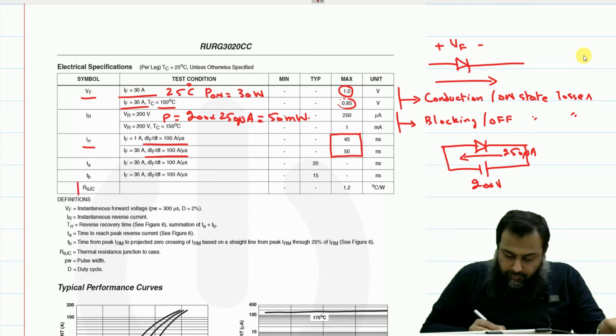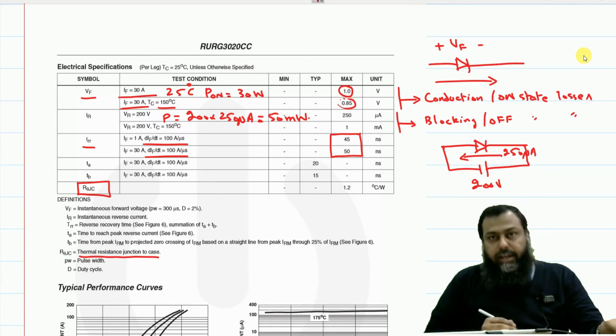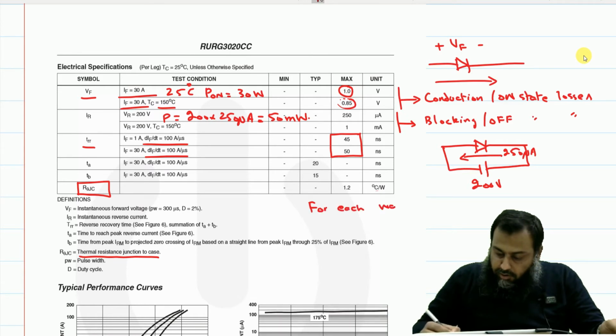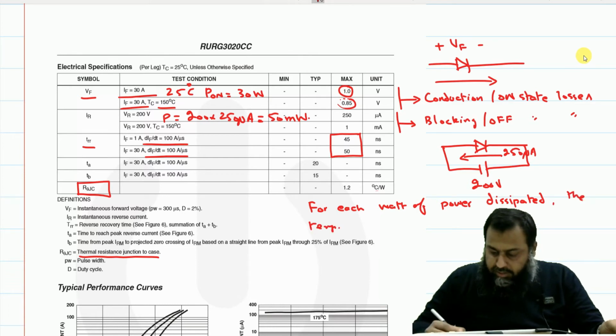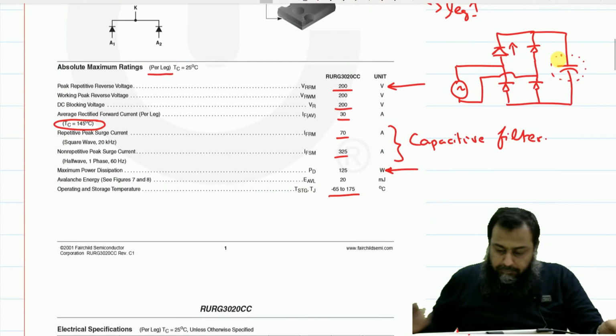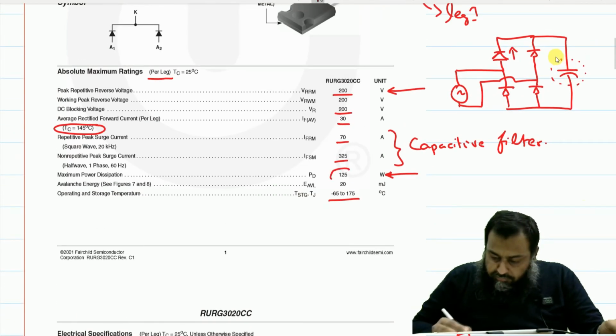Also, if you notice here, we have an important parameter R theta JC, which is the thermal resistance junction to the case, and that is equal to 1.2 degrees centigrade per watt. This means that for each watt of power dissipated, the temperature, that is the junction temperature, rises by 1.2 degrees centigrade, right? So notice here in this particular table, it is given that 125 watt is the maximum